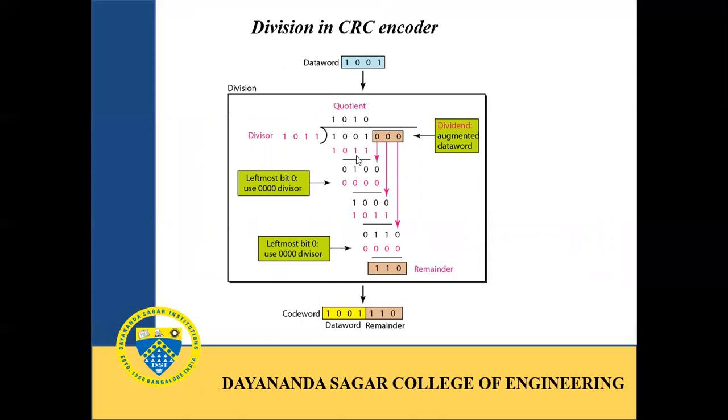While performing the division, instead of using subtraction and multiplication operations, with a simple XOR operation the remainder can be identified or subtracted. So here the XOR operation is performed and we can get the subtracted values. What is the XOR operation? If both the values are the same, the result is 0. If one of the values is different, then the answer is 1. So with a simple XOR operation, we can do the division operation. Once the division is done, we get the remainder, and this remainder is attached as a checksum to the input data, and the whole combined data is sent as a message.